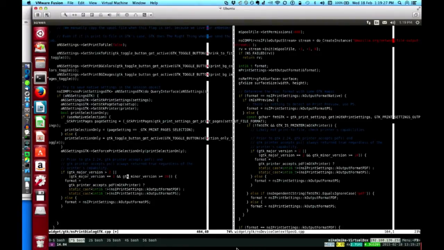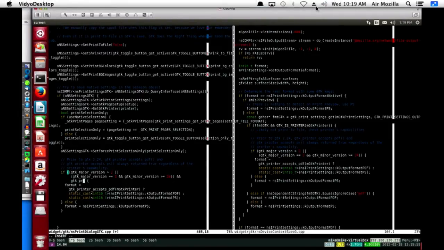So what I can do, if GTK major version is greater than 2, or GTK major version equals 2 and GTK minor version is greater than or equal to 24, like that stuff. It's kind of ugly. And GTK printer accepts PDF and GTK printer.